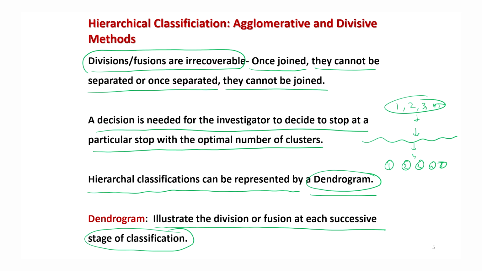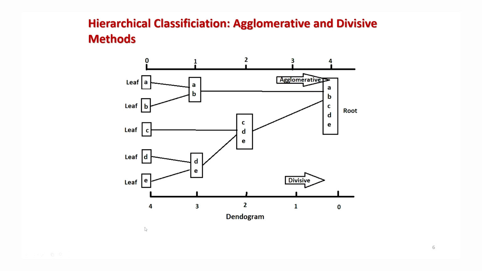You can recall that in the last lecture towards the end, I had made this type of graphic. That was actually a dendrogram. If you try to understand how it looks, then it will be easier for you to interpret the result from the software. These dendrograms will be created by the software. Yes, you can do it manually, but it is a very time consuming and tedious job if your data is large. So let us try to understand first the agglomerative method.